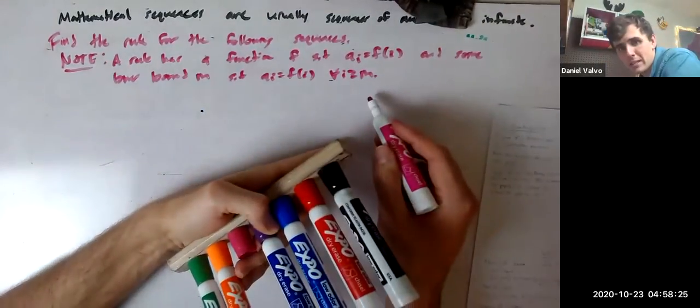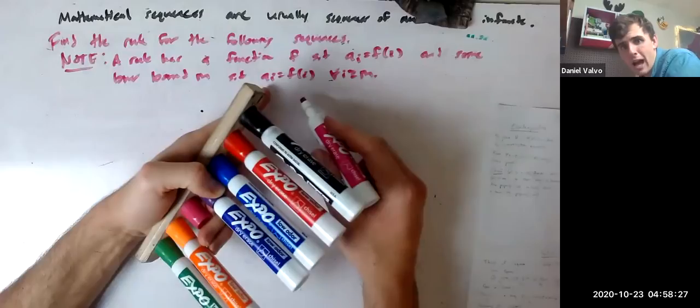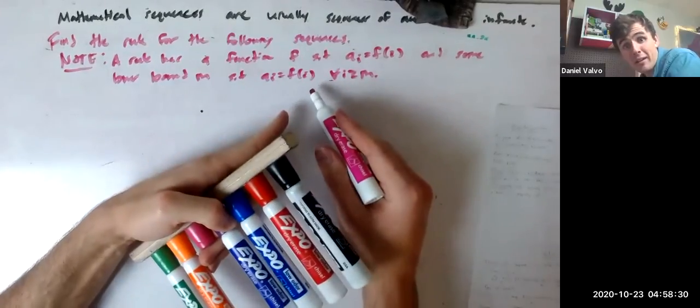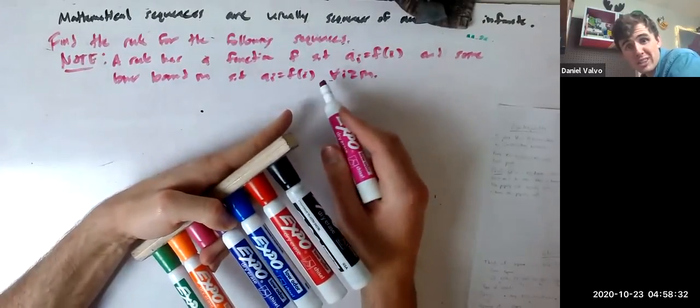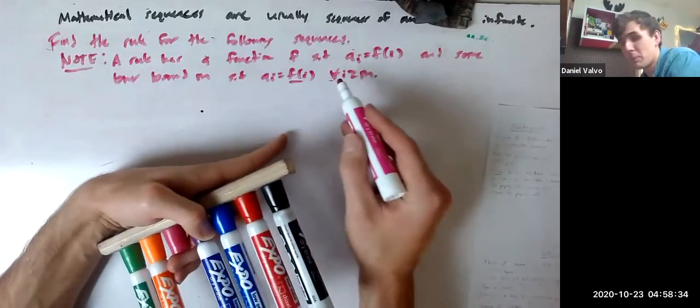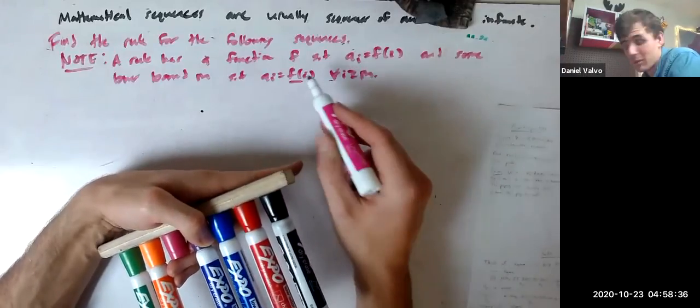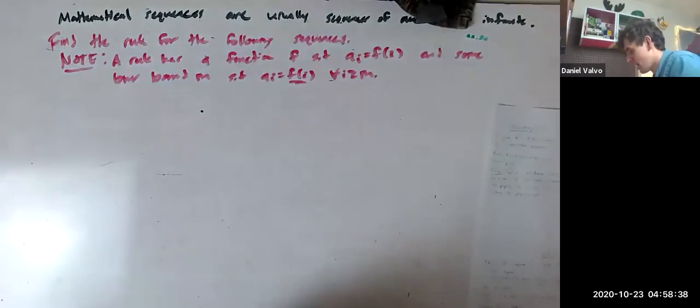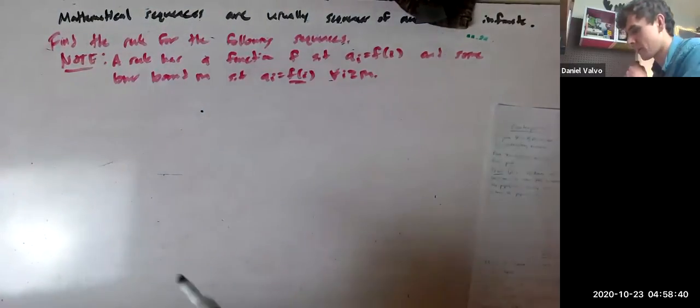That just tells you your starting place, and that tells you how to calculate a_i based on i. Don't get too caught up in the function thing. I'm just saying that f of i here just depends on i, and there's some rule you can use to get a_i. So, for example,